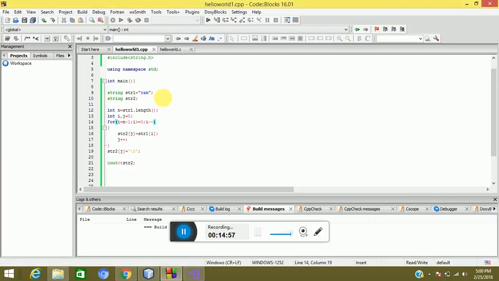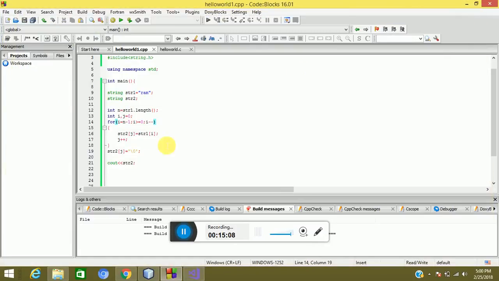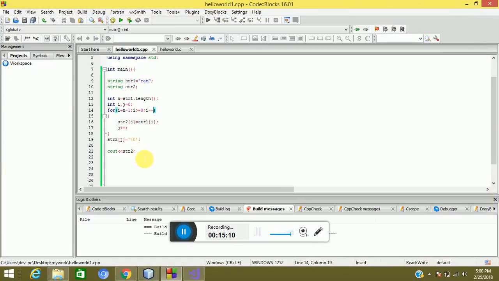And now it's running but it's not showing the output because for i equal to n minus 1 it will save ram in string 2, and i, then if you decrement then i minus minus, j plus plus. Okay, string 2 you are printing again. If you run,